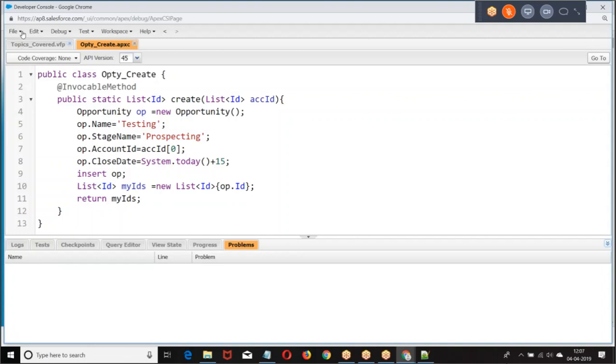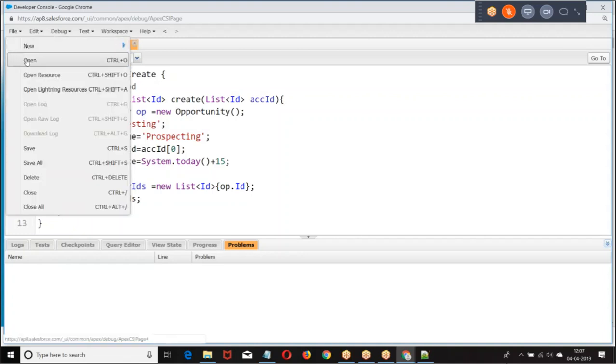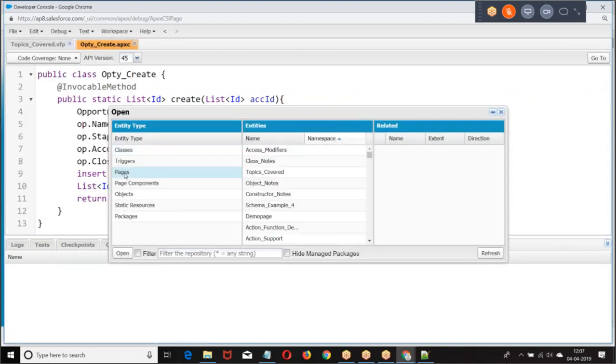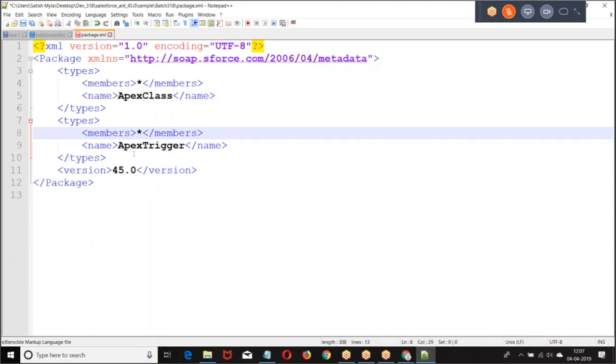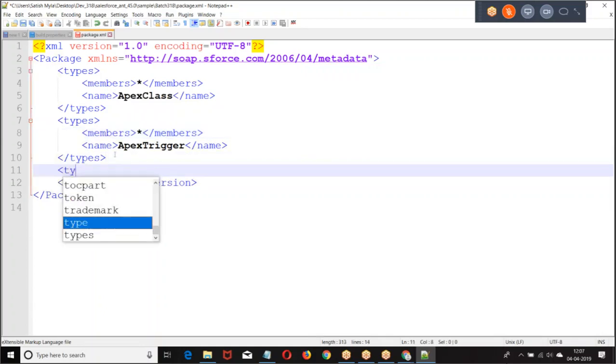So let me give class names, object names, constructor names. Then I'm giving which pages I want.